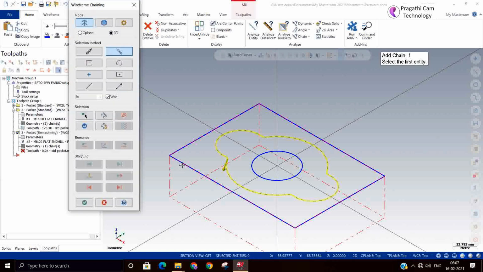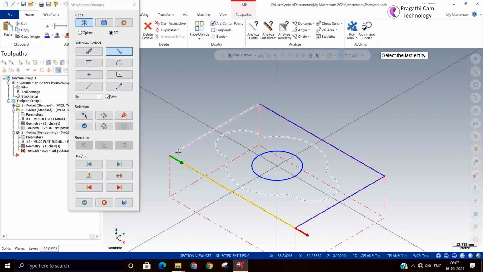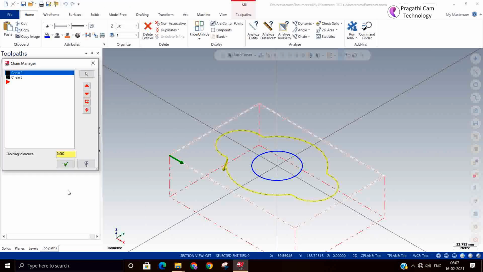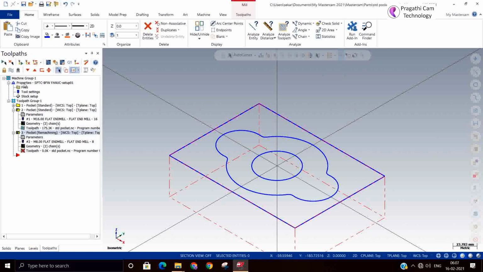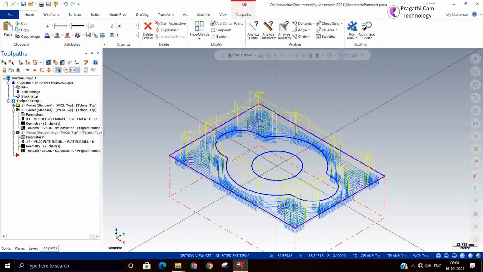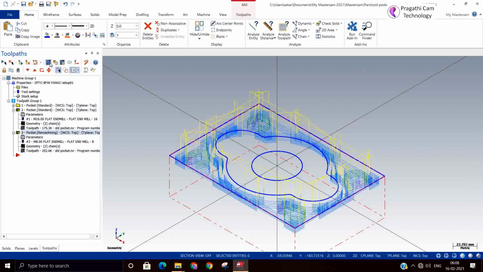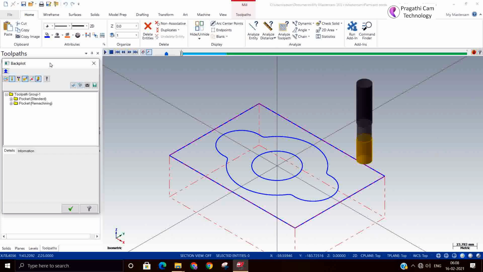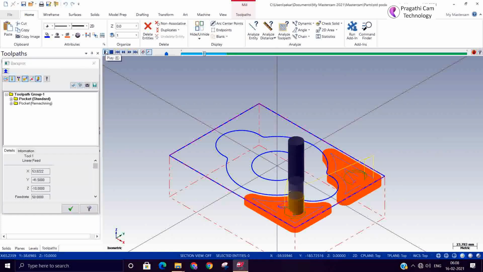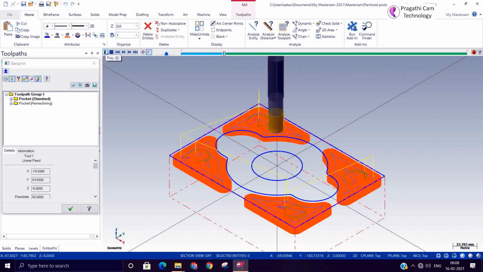So I'll add another chain, and now you can see here. If you consider both and machine it, this is the first tool path, and this is the rest machining.